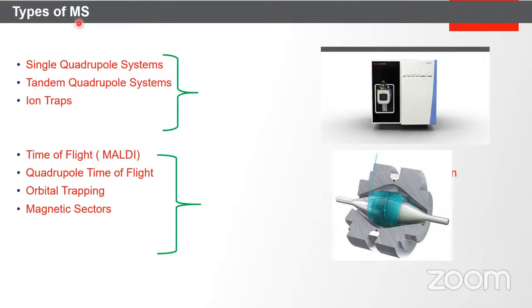Now, this is the type of analyzer you can detect: single quadrupole, triple quadrupole, ion trap, MALDI, which is matrix assisted laser desorption ionization, but MALDI technique is now almost obsolete with the advancement of the ESI platform. Then there is a QTOF, which is quadrupole time of flight equipment. Then there is an orbital trapping system or a magnetic kind of system. In a nutshell, this is called nominal mass, this is accurate mass, or this is called quadrupole or triple quadrupole based system. This is called a high resolution mass spectrometer.